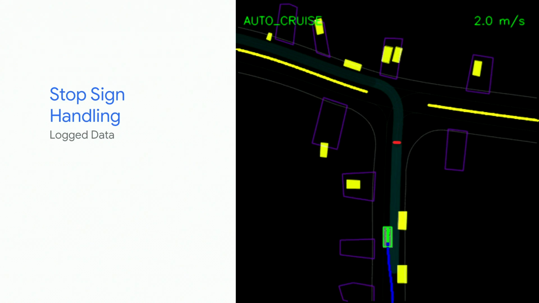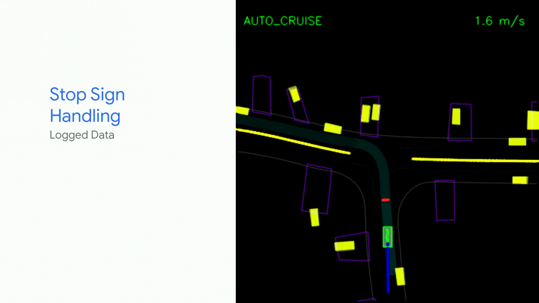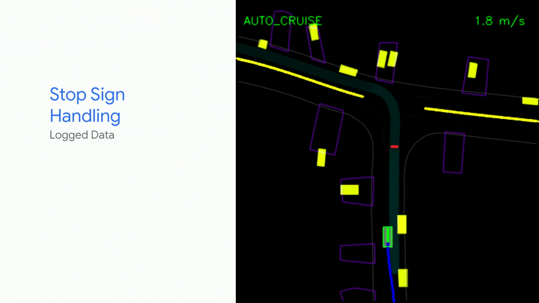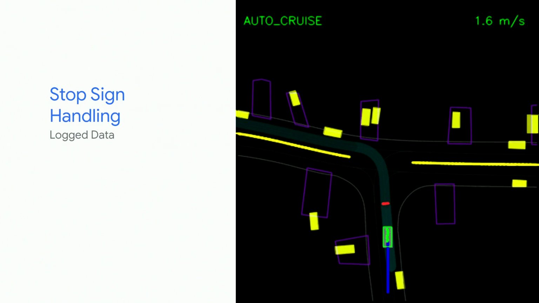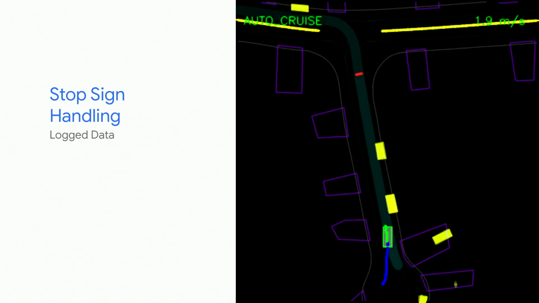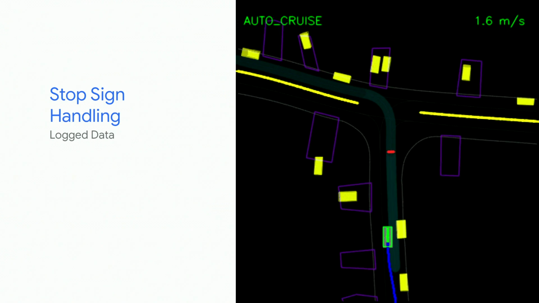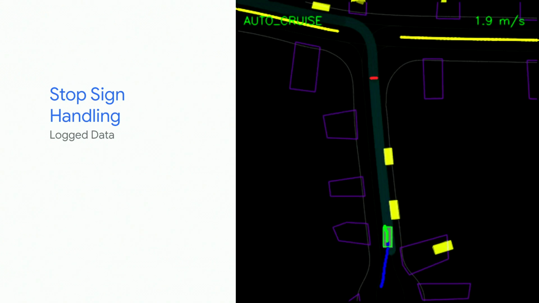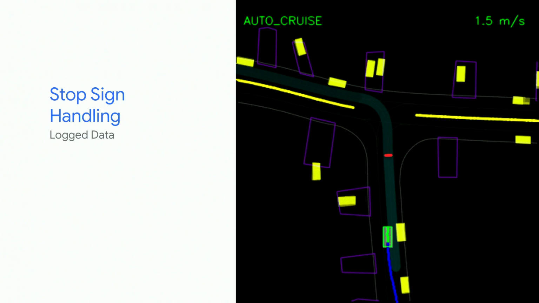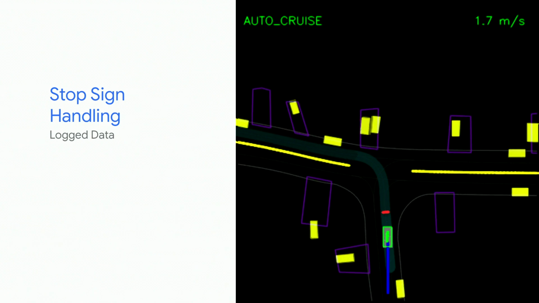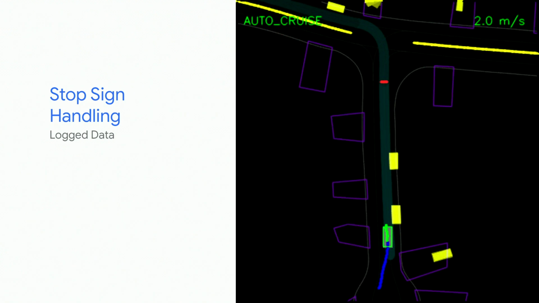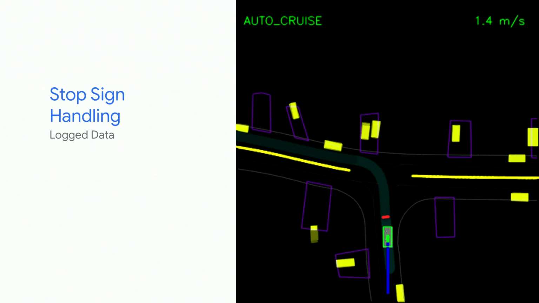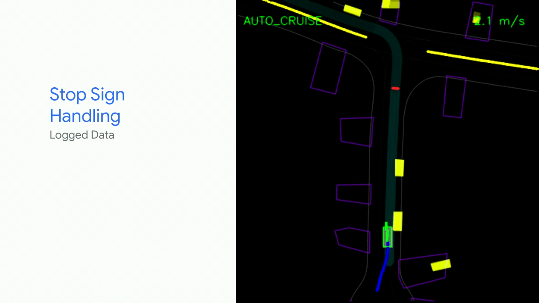This next example shows stop sign handling, which all of you are familiar with by now. But the interesting part is the car is coming out of a cul-de-sac. It sees a number of parked vehicles. It's able to nudge around, make way for itself, and then continues and stops for the stop sign. So the key point here is these are all scenarios with different levels of complexities, and we can't expect all of them to be present in our training data. So we really need to teach the net to generalize to be able to handle these.